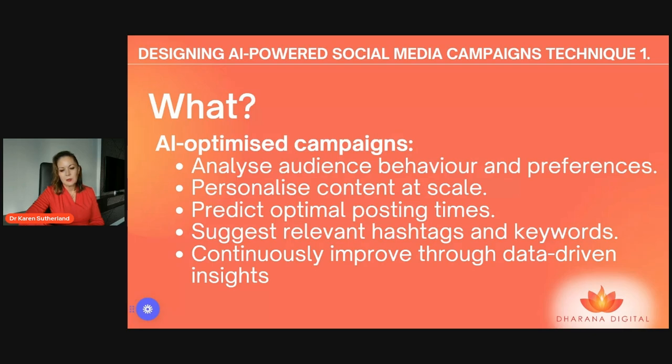Another thing it can do is suggest relevant hashtags and keywords. There are AI-driven tools out there that will show you what people are searching for and what they're actually using. We're going to have a little experiment with that today as well in one of the later techniques that I show you. And again, it's just that focus on continuous improvement by using the data to see what worked and what didn't, and what your audiences are responding to in a positive way, also a negative way, which also tells you what not to do. Just keep refining what you're doing to really hit that mark.